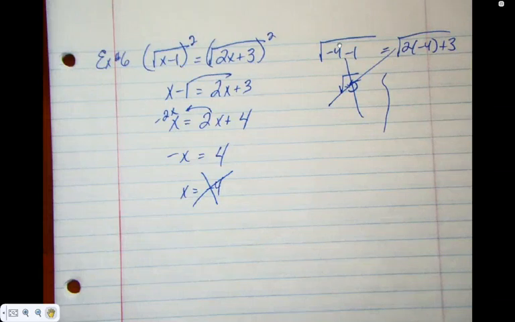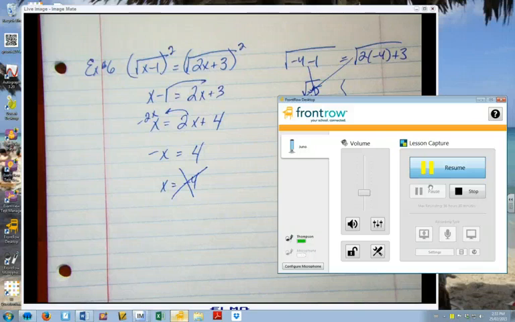But it's negative. So you can't find a negative times a negative that's going to give you a negative. Can't do it. Extraneous root. We are done Unit number 2. Do you realize that we are